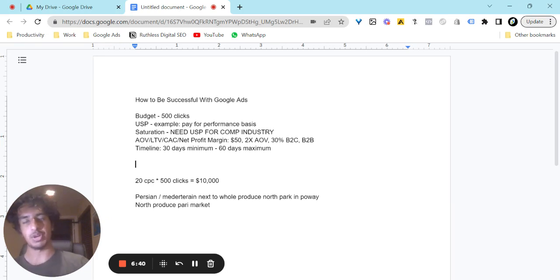From there, you need your net profit margins to be at least 30% minimum. If you do not have at least 30% minimum net profit margins, it's very difficult to succeed using Google Ads. You'll be using razor thin margins, which nobody likes. It's unnecessary, it causes a lot of headache. So you want strong net profit margins. If you do not have strong net profit margins, you need to figure out how to reduce operating expenses or how to increase the price of your product by either clearly showcasing and displaying the product's value or creating a new offer. So keep these things in mind.